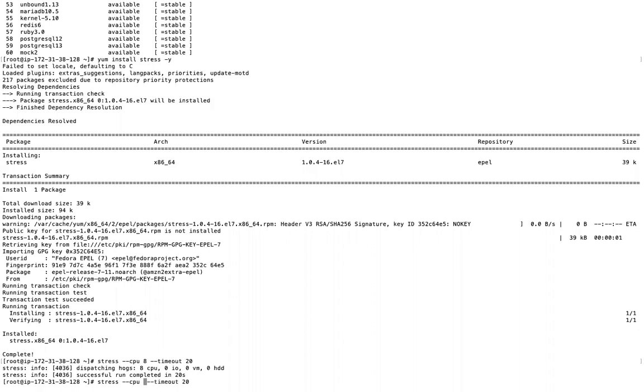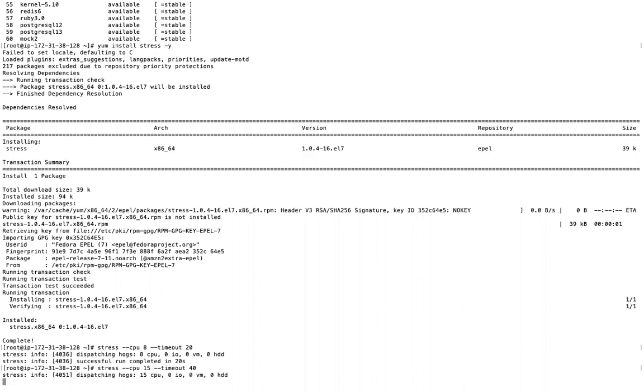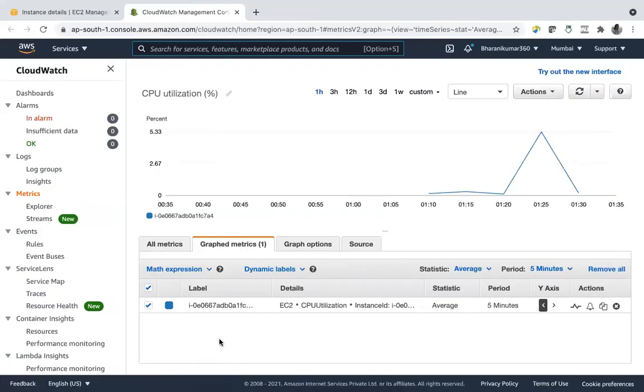Let us increase this to say 15. We will use 15, and also we will induce that traffic, which uses CPU utilization, for say 60 seconds. 60 seconds would be, say, 30 or 40. And you can see that there will be change in these metrics. And again, our period is 5 minutes.